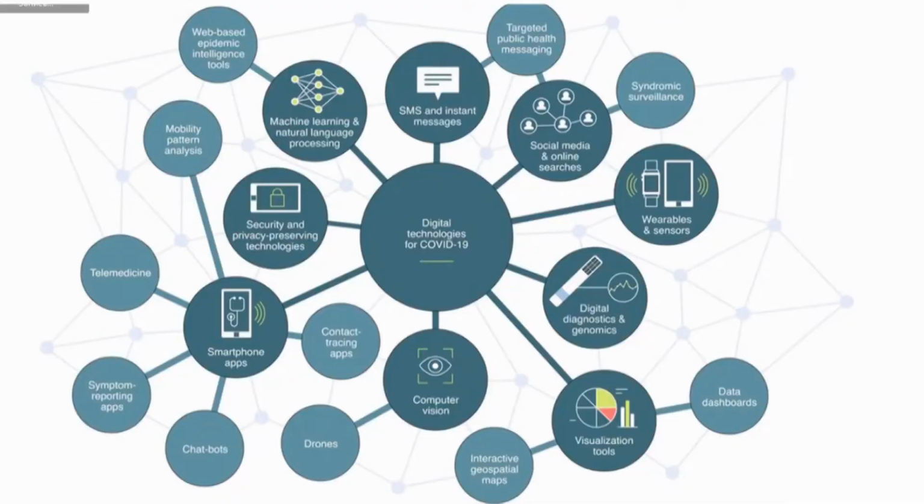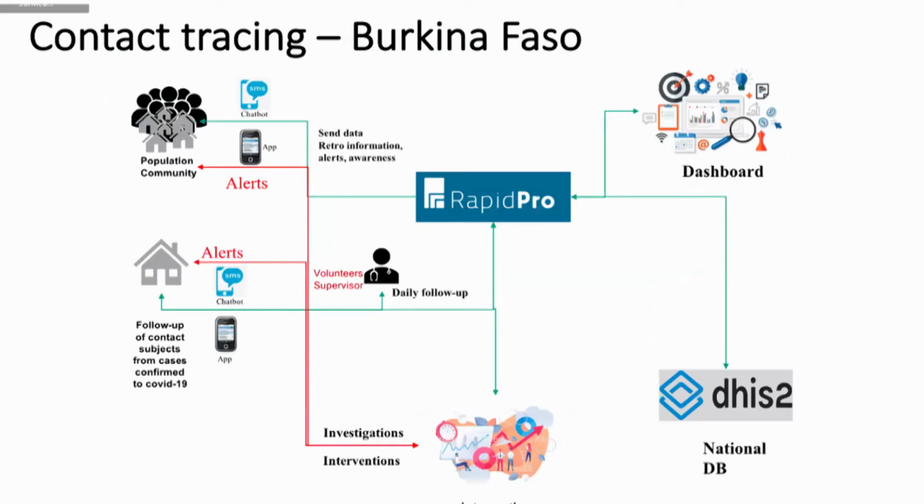And I'm going to highlight a few of the bubbles here on how UNICEF used these digital technologies to address some of the health use cases that were identified, giving some country examples. I'm going to start with contact tracing, and I'm going to give a specific example from Burkina Faso, which is a country in West Africa,